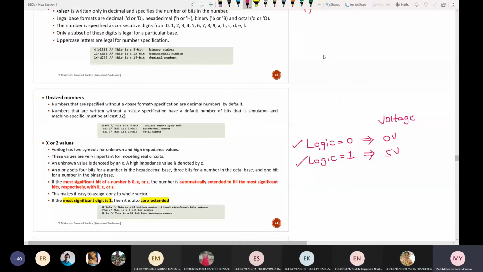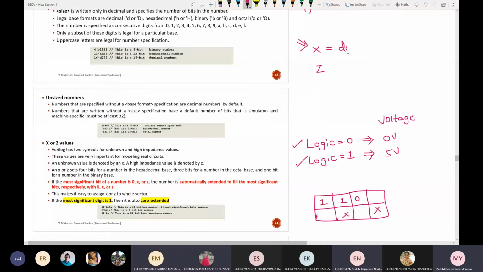So till now you know only about this 0 and 1 concept. Now in Verilog you will learn two more concepts called X and Z. In Boolean algebra you have made use of X. What does X represent in Boolean algebra while doing K-map? While grouping, you will write 1, 1, X. What does this represent? Don't care. Here it is called an unknown value. Unknown value means it can be either 0 or 1. So here X is nothing but unknown value.